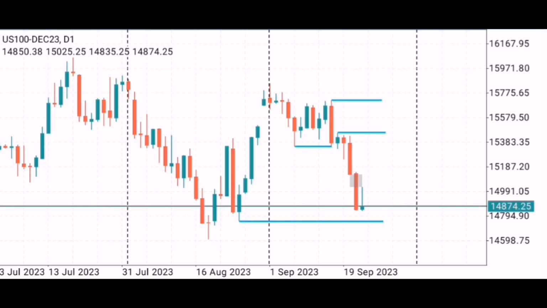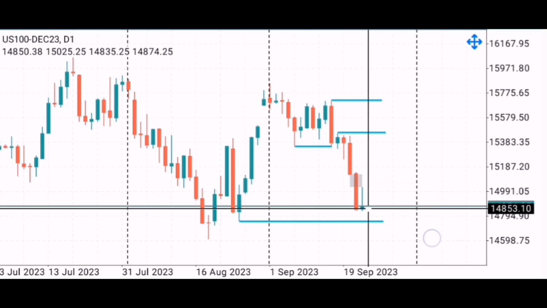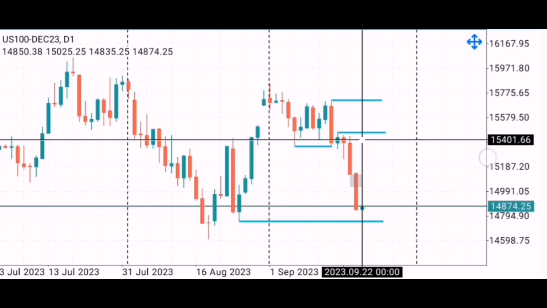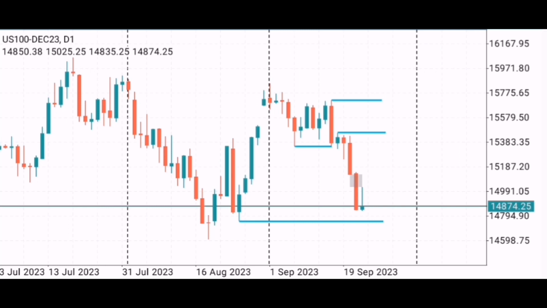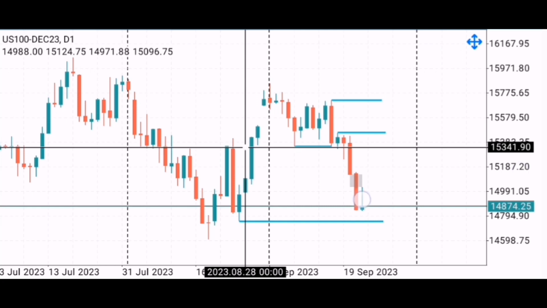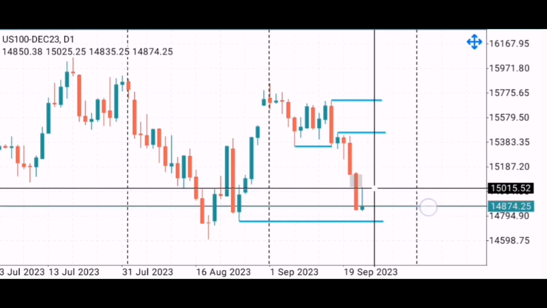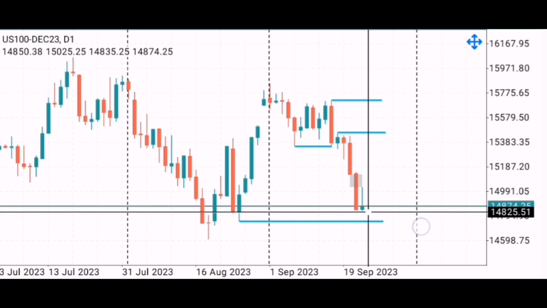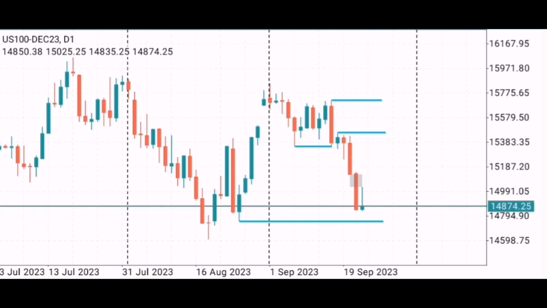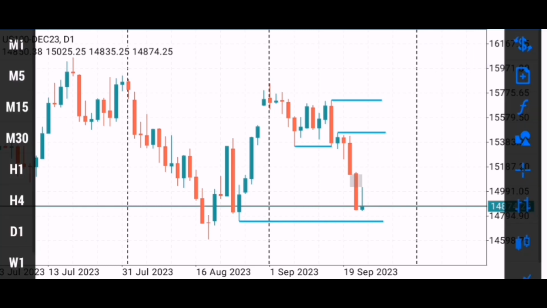Majority of the week we're going to be in a bearish state as far as this market is concerned. Reason being, you can see that the US 500 is typically in a bearish state. You look at the Dow Jones as well, typically in a bearish state, and therefore the Nasdaq is most likely to follow suit and continue bearish momentum. However, we will see how Monday, Tuesday, and Wednesday trades as well, because that will give us a clear picture as to what we can expect going forward as far as these markets are concerned.